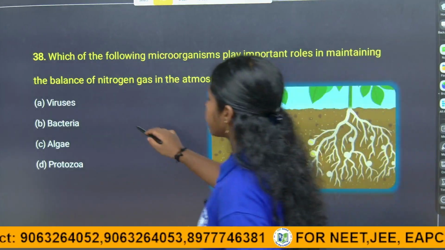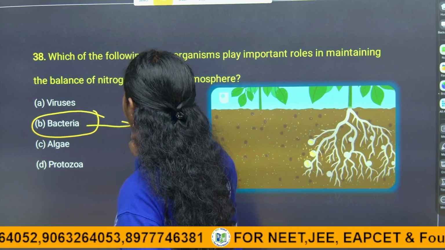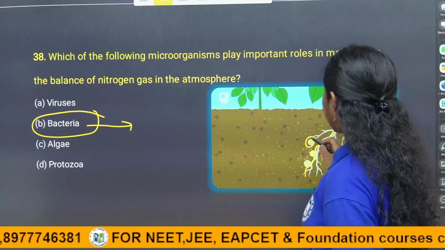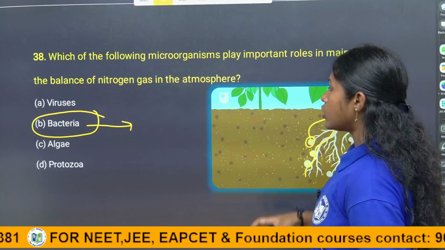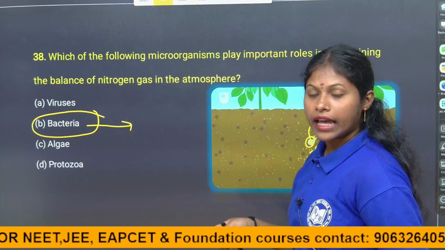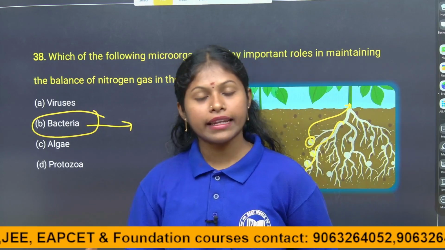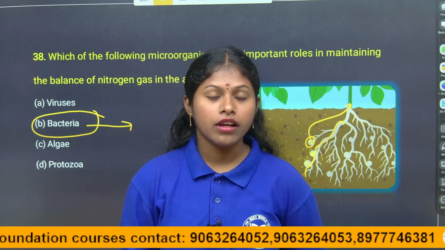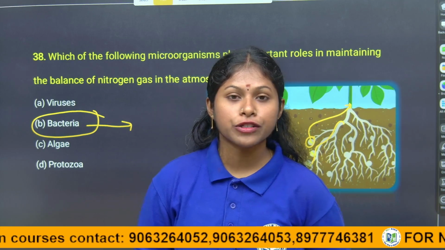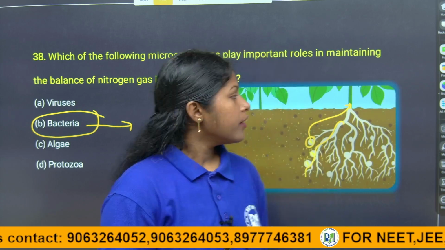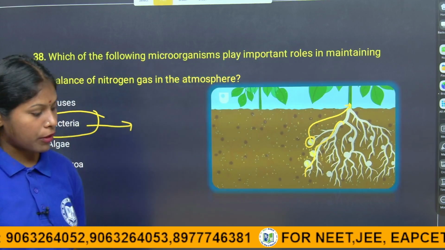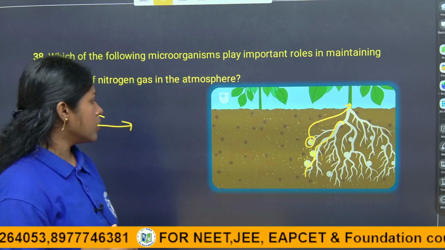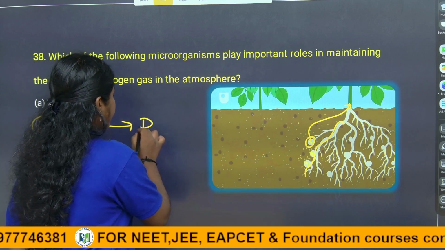So, the bacteria play a very key important role. The example we studied is Rhizobium, which is present in the root nodules of the leguminous plants. It helps in the fixation of the nitrogen, and thereby the plant takes nitrogen. Then the plant eaters, herbivores, animals and humans, get the nitrogen, utilizing it for the preparation of nucleic acids, DNA, RNA, and protein synthesis, the making of amino acids. So, the examples of the bacteria are Rhizobium,